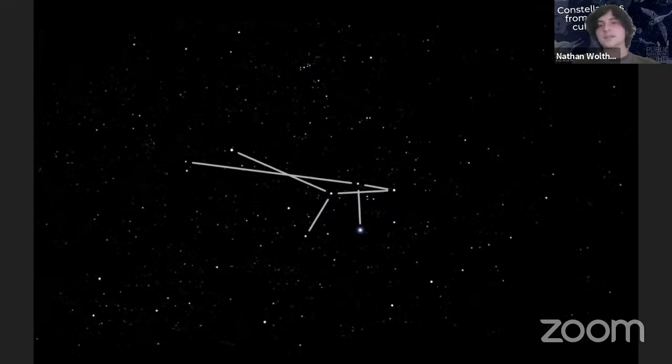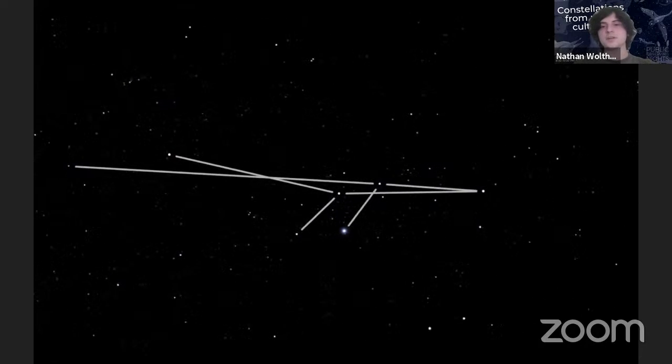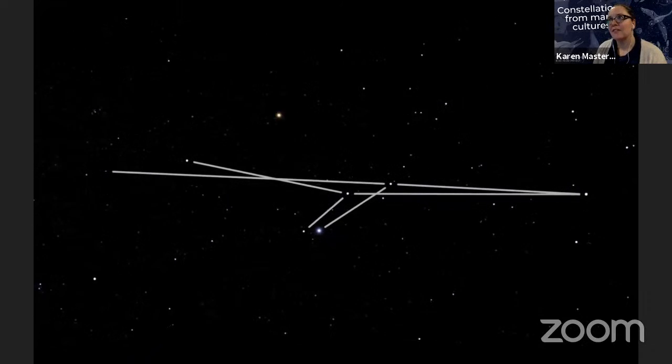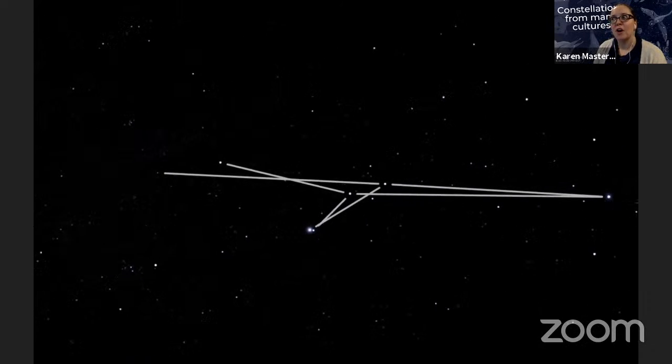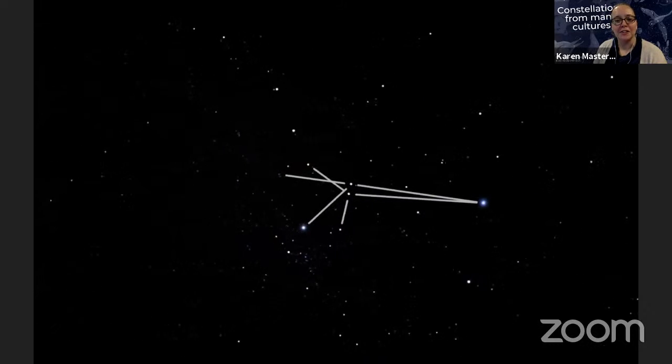Karen has noted that Pleiades is a constellation where we know the stars are all fairly grouped together. I think technically it's an asterism, which is a fancy name for a group of stars, which is not one of the official constellations. But given the topic today, I think we can call it a constellation.